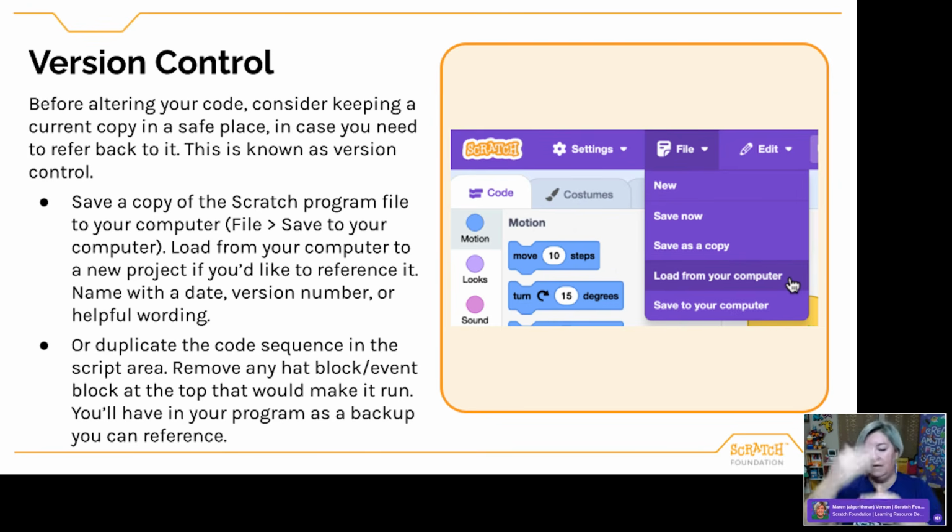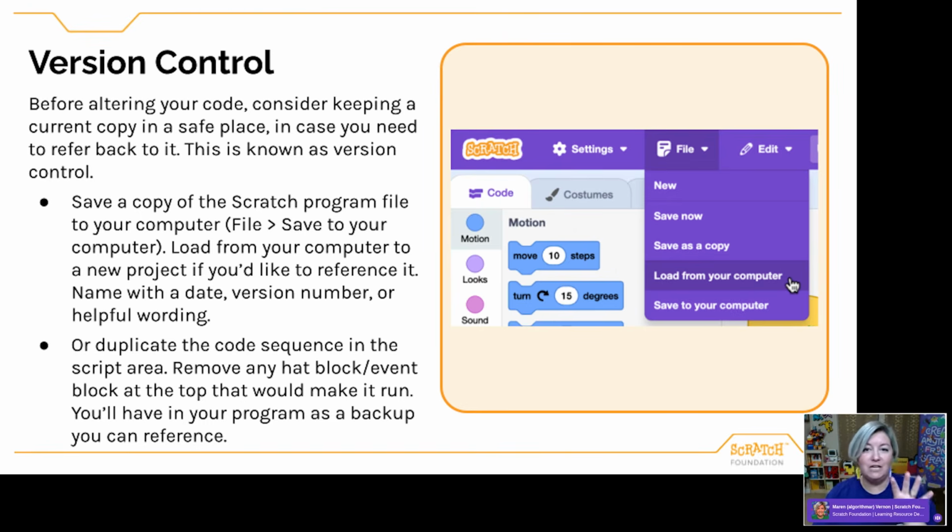And then as they make updates, just save the different versions. And then you can always load them back to Scratch from your computer and see that growth, see those different versions. So if version control is something that you are interested in, and is a technique that professional programmers use, that is my workaround and how I often do it.